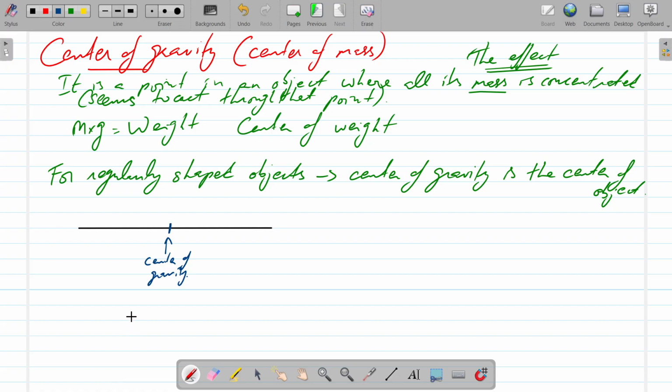What this means, if you try to balance the ruler at this point, if you just hold it up with the tip of your index finger or any other method, you hold it up with a string or a wire, it will be balanced, because the center of gravity, so the mass distribution throughout is acting at this point, it is even, and so the mass distributed on either end of the ruler is also even, it's uniform, and so it will be balanced, as opposed to, for example, you try to balance the ruler from one edge,